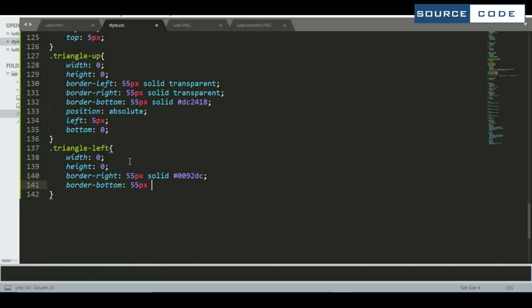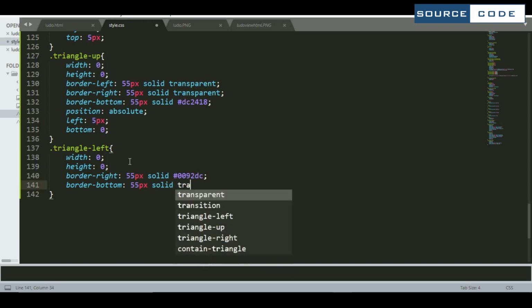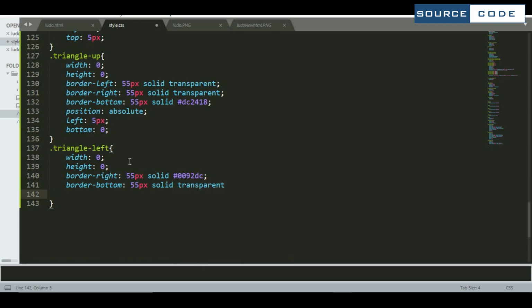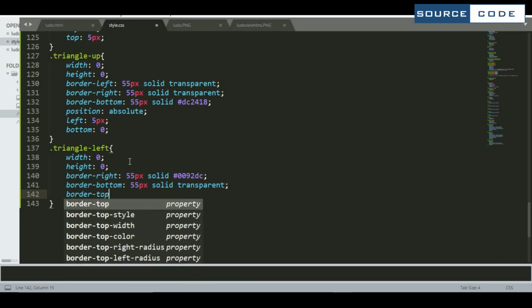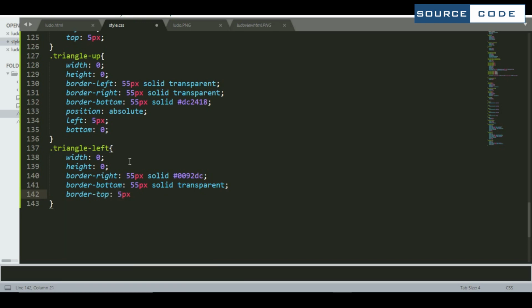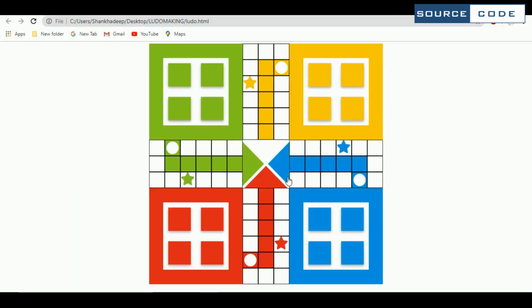So make it 55 pixels, solid transparent. And one more, that is border top, 55 pixel, solid transparent. Now we need to make the right as 0, make the top to 5 pixel and set the position to absolute. Now let's see the output once again. And here we got our blue one.